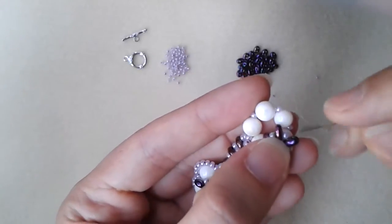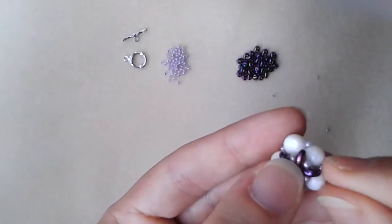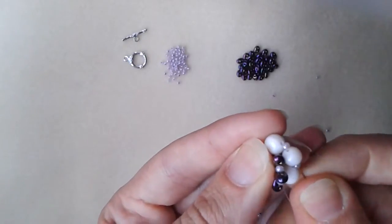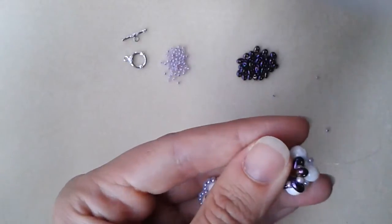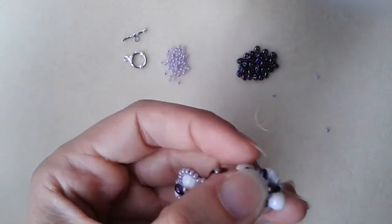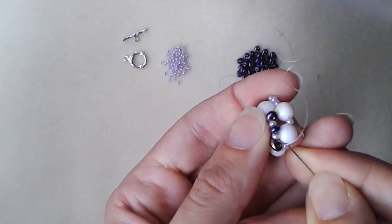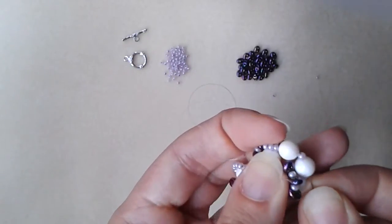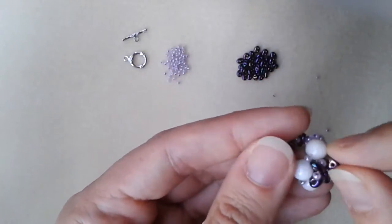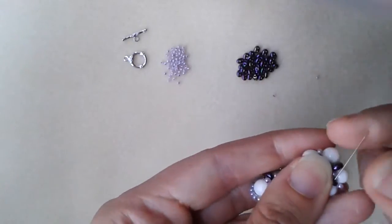Now I have this, and then my next step will be to go through the down hole of this twin bead here. Then, like the previous flower, I will go down and I will go in circle around my flower, like that, then through the next twin bead, and then down through this bottom 6mm bead, then here to the 6mm, and then through the twin bead, like that,